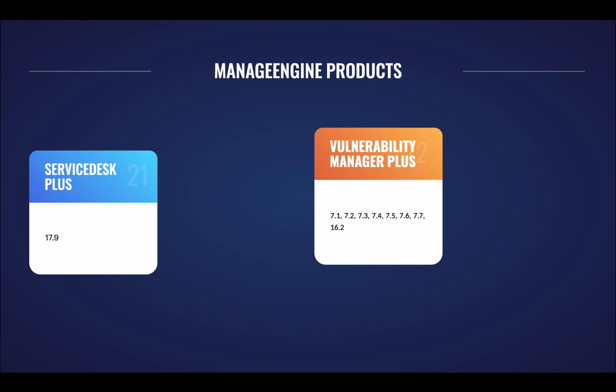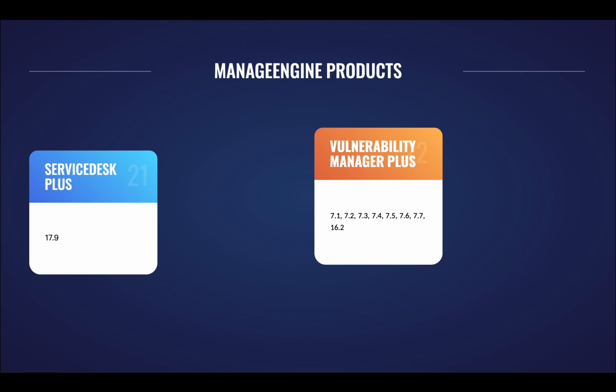Vulnerability Manager Plus, a product from ManageEngine, controls and subcontrols that we discussed satisfying these needs. 7.1, 7.2, 7.3, most of the 7 series, and 16.2, scanning the network for specific operating system vulnerabilities and identify if we have any related patches for them.